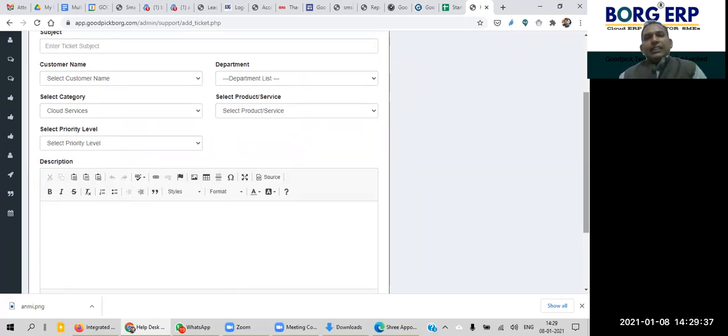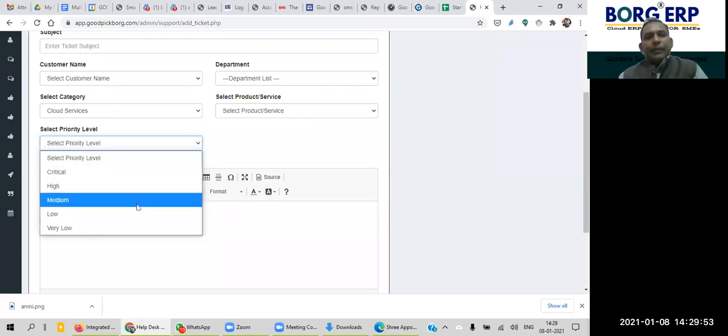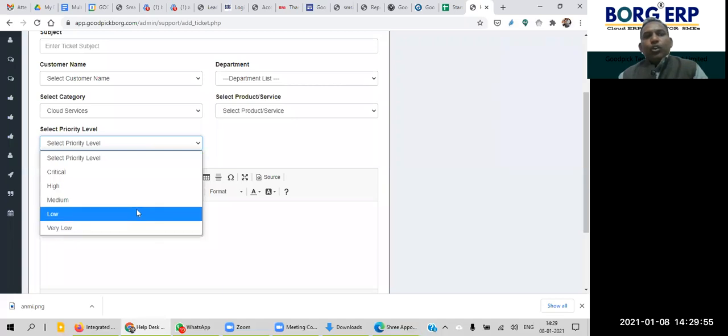If one single laptop is down, it does not have that much financial impact, so that ticket can be put in very low or low priority.